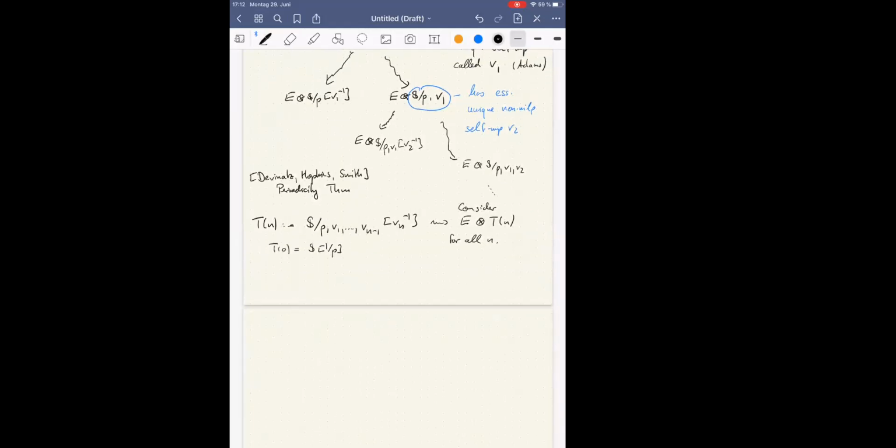Okay, so I just want to say that there's also a process of localizing a spectrum at Tn instead of tensoring with Tn. And I want to say that this is 0 is the same as the Tn tensor S is 0. And I define this to mean that the height of E is bigger or equal to n. So in other words,